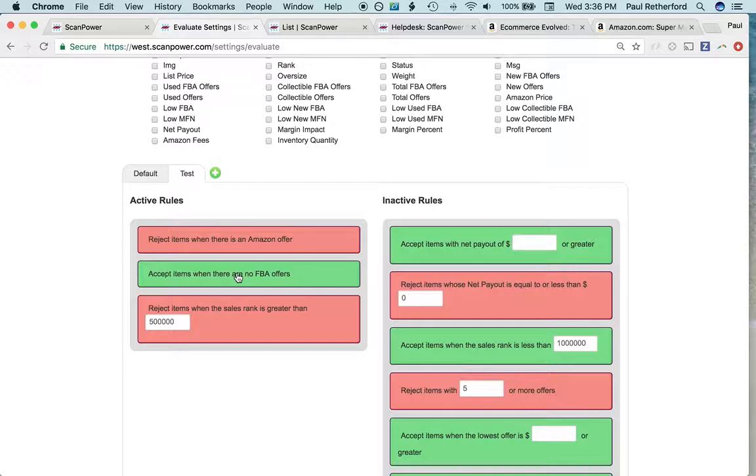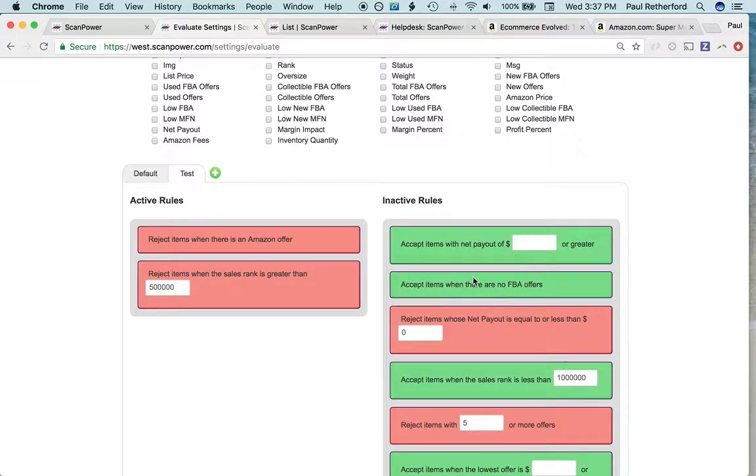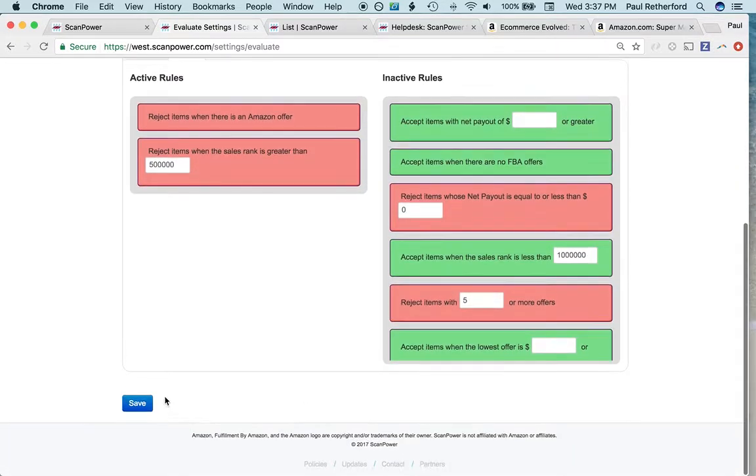And in the list flow, anything that's accepted will just pass and you'll see the item, the price dialog and the ability to add it to a shipment. But the rejected ones will stop the lister from actually placing the item in the shipment. So here we're going to keep the two rules: reject when there's an Amazon offer, and reject items when the sales rank is greater than 500,000. We're going to save these